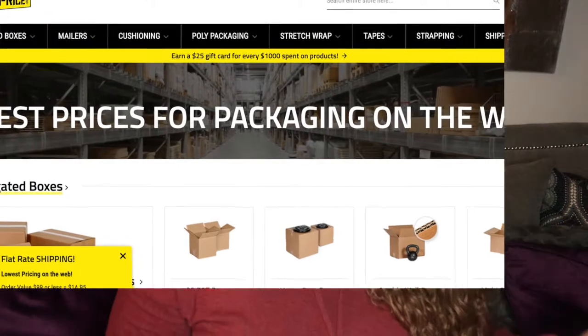Packagingprice.com. The reason why I went to this website and how I found it is I was looking for corrugated boxes. A lot of places were sold out of the size boxes that I needed and the color that I wanted, because I didn't want the regular craft corrugated boxes. I wanted the white ones or black ones, but this website had only white, which I was fine with, and they had the ones that have the tuck on them where they tuck in to the box,